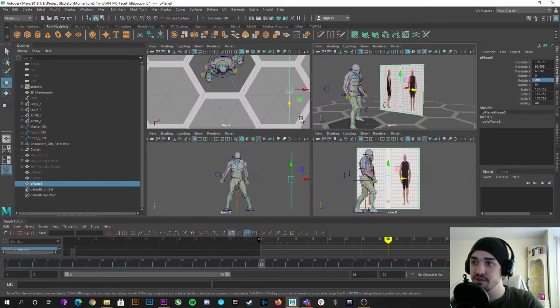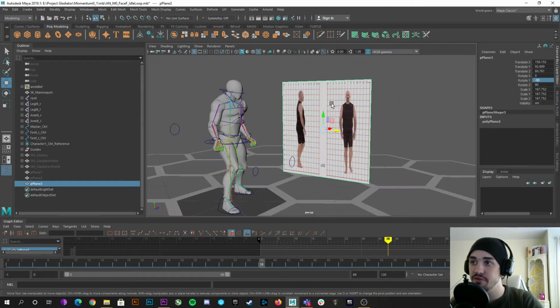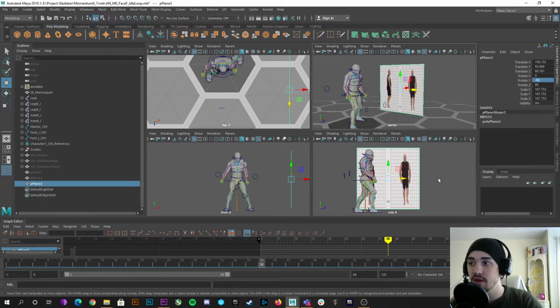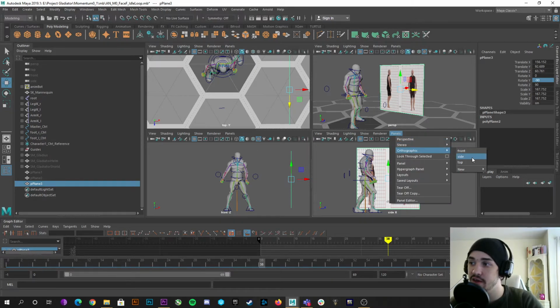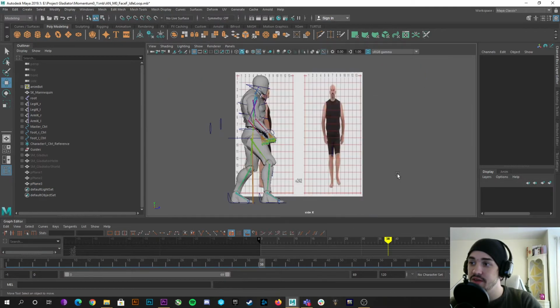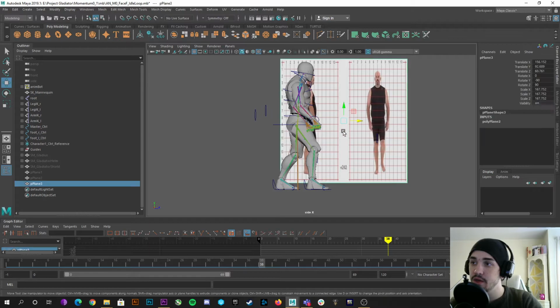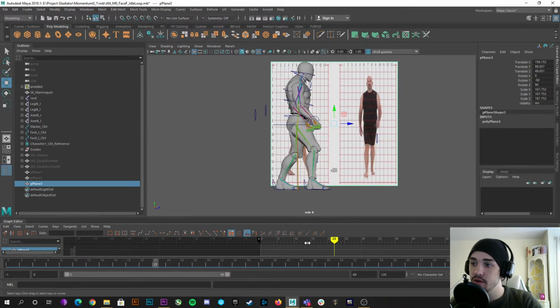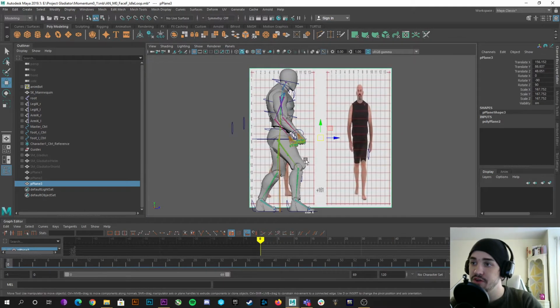So what I'm going to do is I'm just going to go to my side-on angle. So I'm just pressing space here, going to my cameras, my different camera setups. If these are broken for some reason for you guys, you can just go to panels, orthographic, new, and you can set up new ones. Mine are already working, so I don't need to do that. So I'm just going to go on the side view, and I'm just going to go to frame 1, or frame 0 for me,